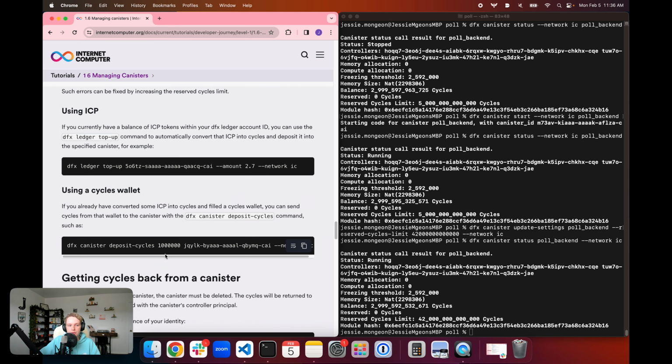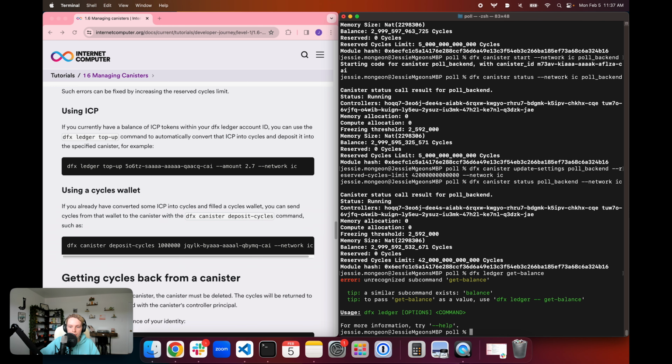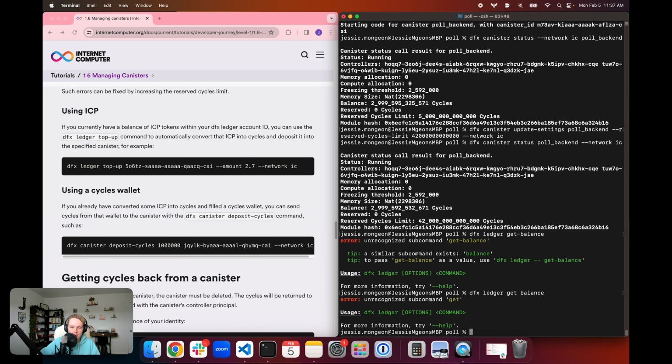So now we're going to take a look at how to top up our canisters. So this first workflow using ICP, we can use the DFX ledger command, which indicates that we want to use the ICP stored in our ledger account. But first, let's get the balance of that to make sure we have some ICP to return. So we want to use the DFX ledger